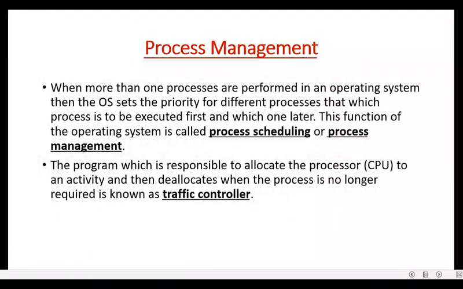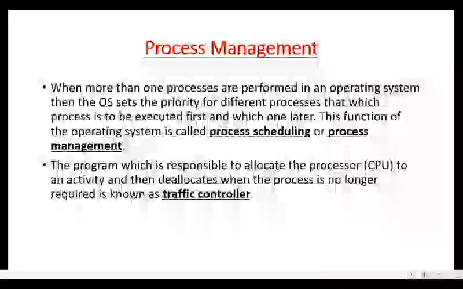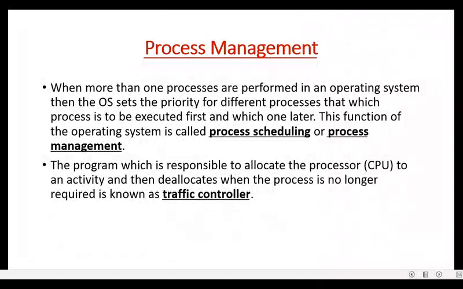So that will consume your resources, more and more memory, and unused space of the memory will be used. So the operating system has automatic scheduling: when the process is not in use, the memory will be released. And if a new process is to start, the memory will be allocated. This is called allocation. This is called traffic controller process, and all these things come in process management.